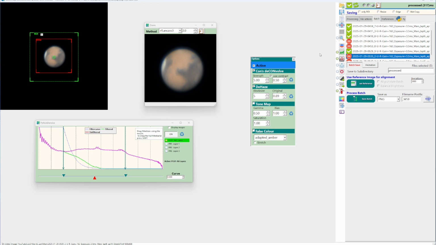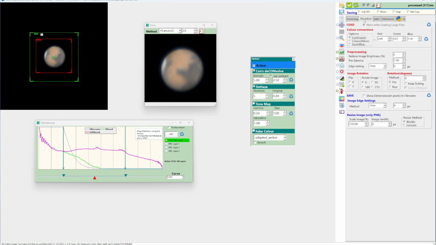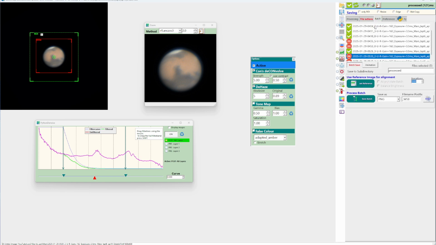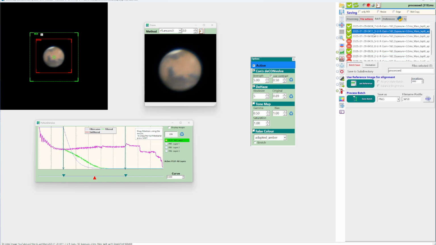One thing I like to do is in the file actions, you can actually rotate these frames. So I'm going to rotate it so that the polar ice cap is oriented in a view that we might see from, at least, the northern hemisphere. So let's put a rotation value here of around 60. Turn that, you see that's rotated a little bit. And again, if I go into batch mode, that's applied to all of the